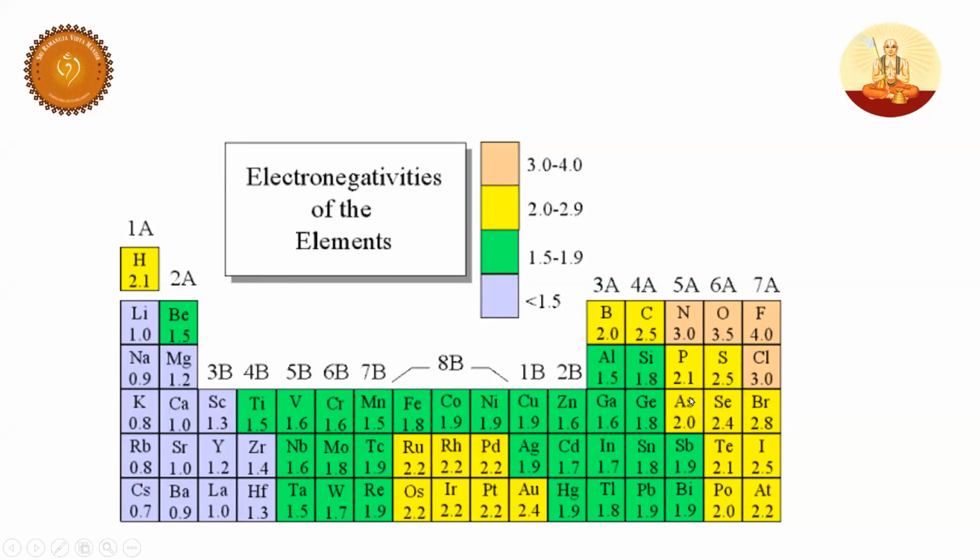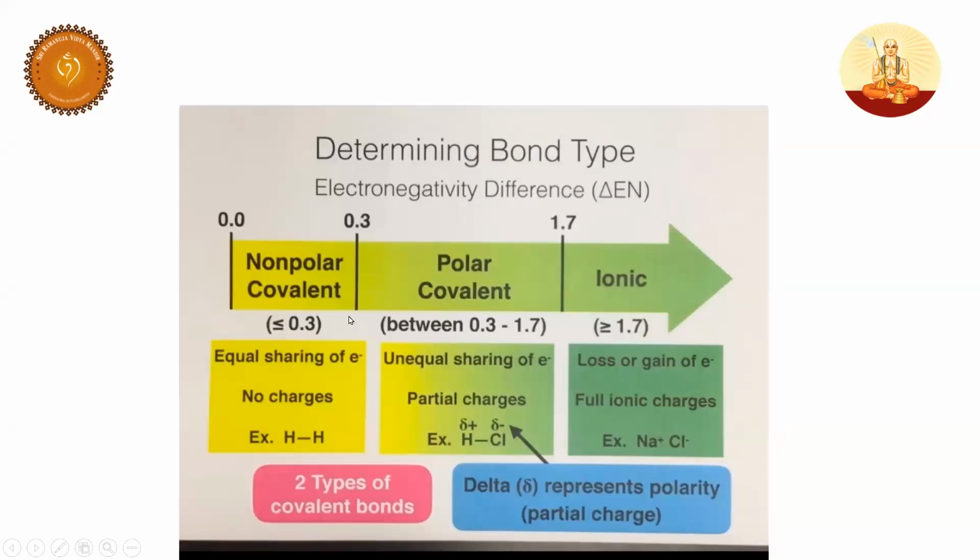Sometimes, as you know very well, you have to know the nature of the bond. When the electronegativity difference of two atoms is greater than 1.7, it is going to be ionic. If it is less than 1.7, it may be polar covalent or a non-polar molecule. So this electronegativity difference will help you a lot in understanding the dipole moment, reactivity, polarity, etc.